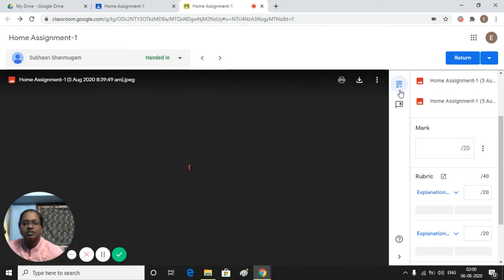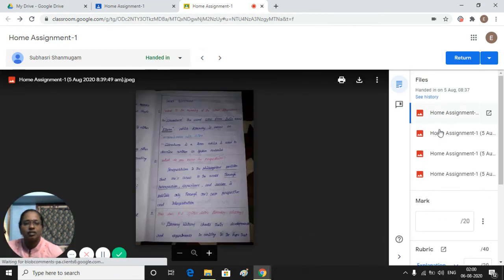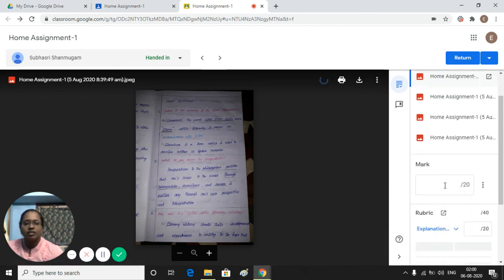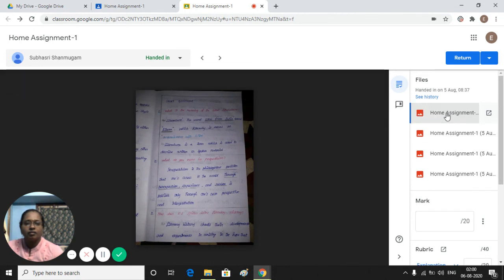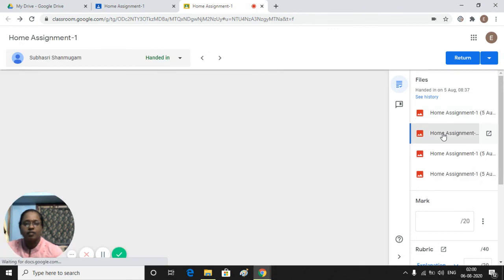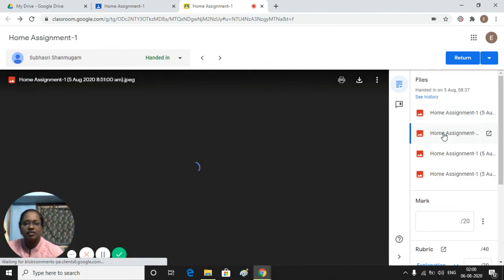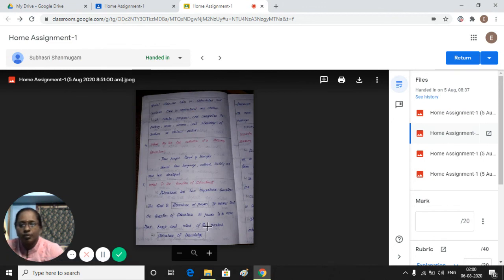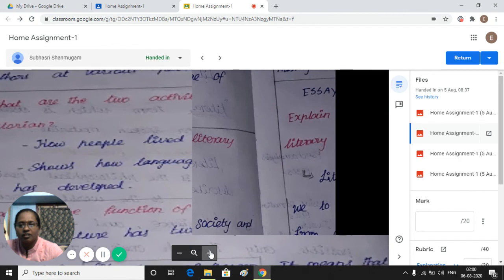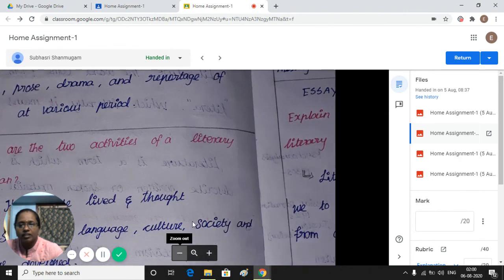Again, the girl Subhasiri attached 4 attachments here. Going through one by one, we click the image and can check whether the girl has written correctly or not. By zooming in, we can check it closely.